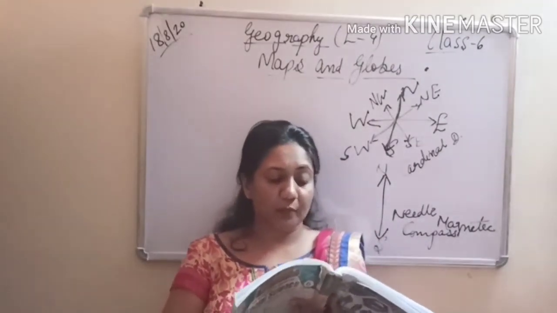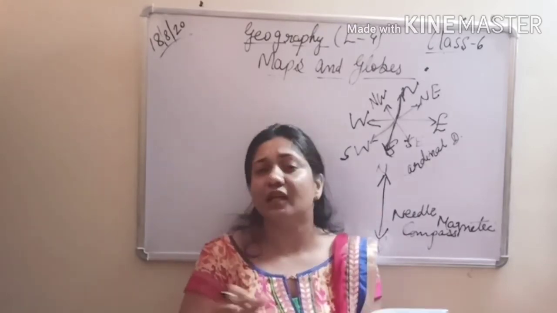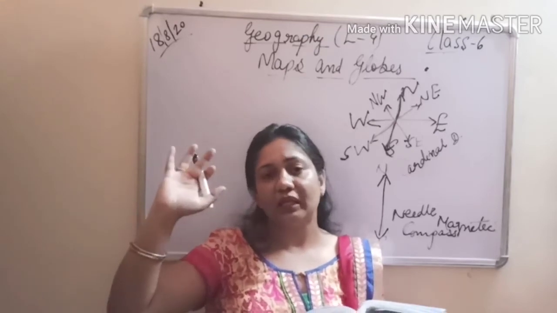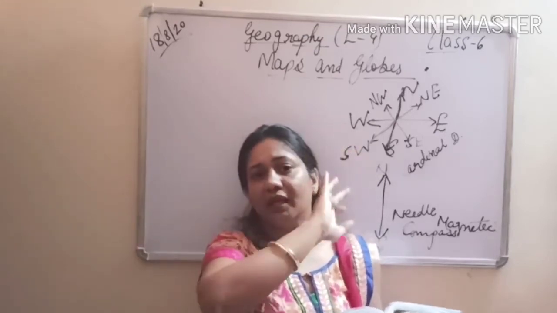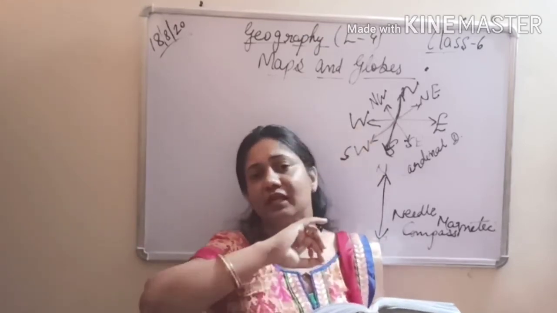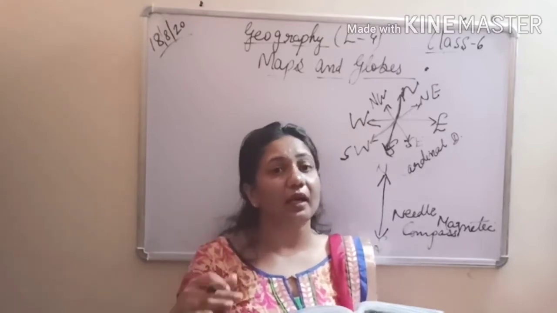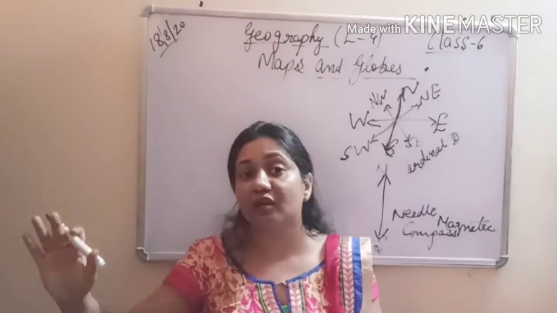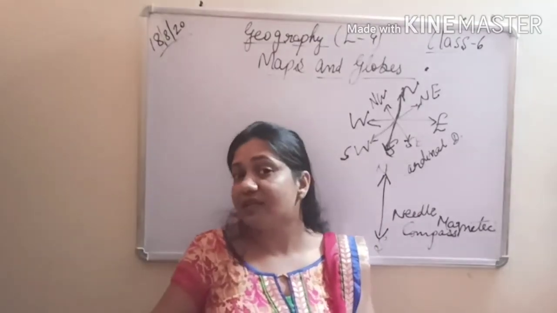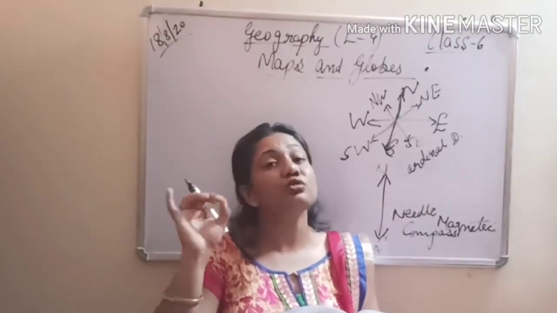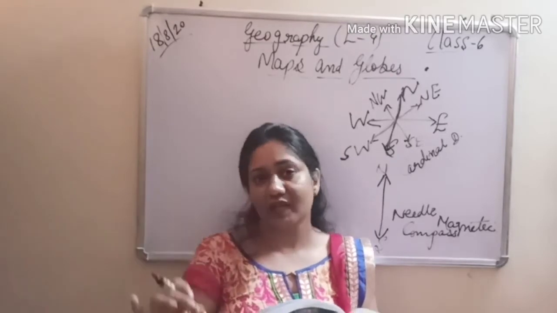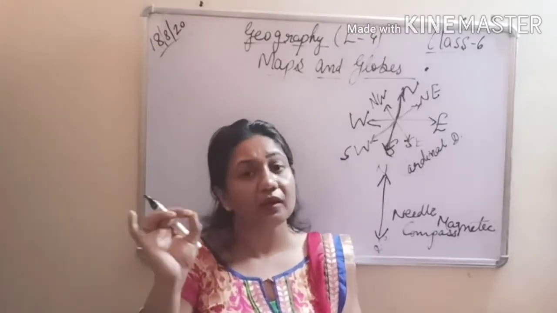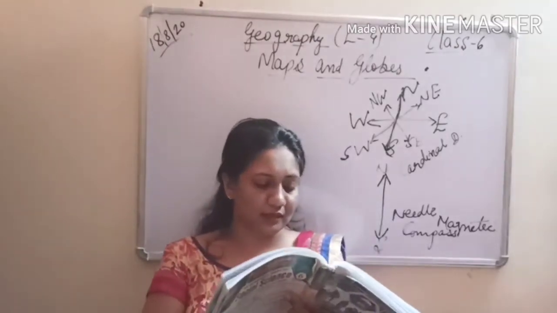They mutually agreed upon the common use of signs. It is not like India agreed that okay, for mountains we'll take the brown color, and then America said okay, for mountains let us take the green color. It was not like that. If it had been like this, then if we saw the world map, it would have been chaos. We could not have understood anything. So we have agreed to common symbols. Different countries have agreed to some common symbols, some common signs, some common colors. So let's see what those colors and signs are.